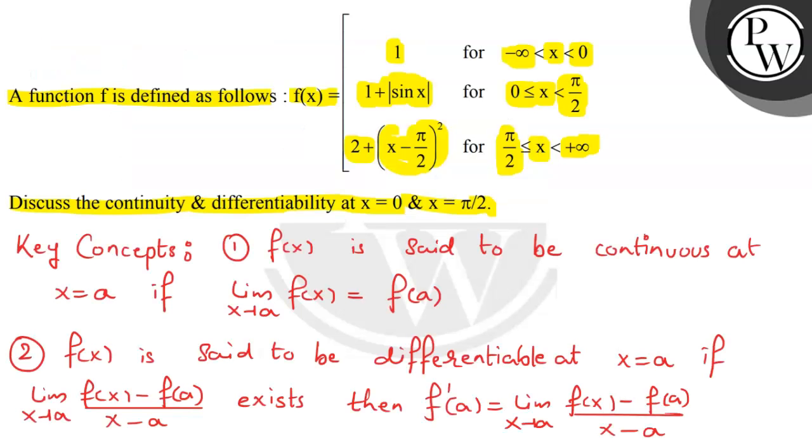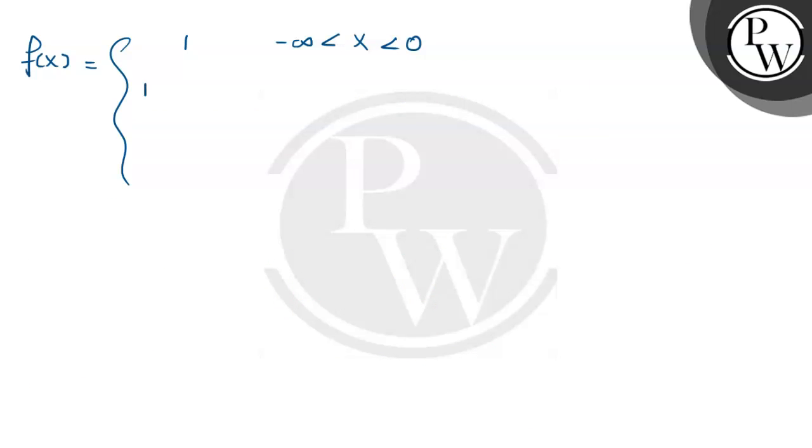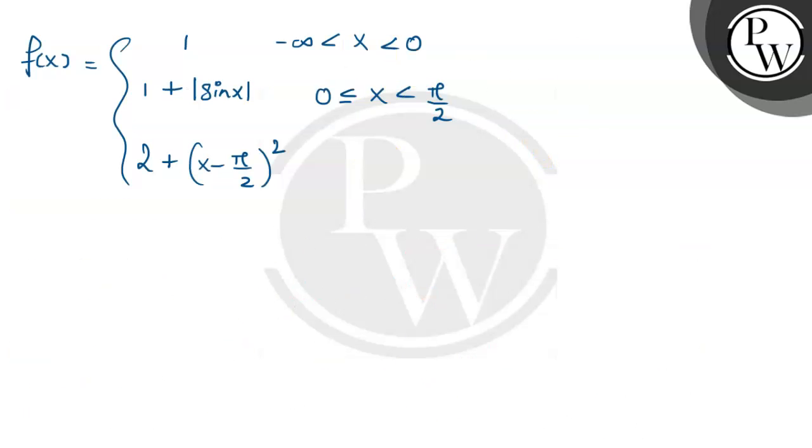Now in the question we have given the function's definition as fx is 1 for values of x in the interval minus infinity to 0. Then the definition is 1 plus mod of sin x when x lies between 0 and pi by 2. Further, the definition is 2 plus x minus pi by 2 the whole square for values of x in the interval pi by 2 to positive infinity. Lekin